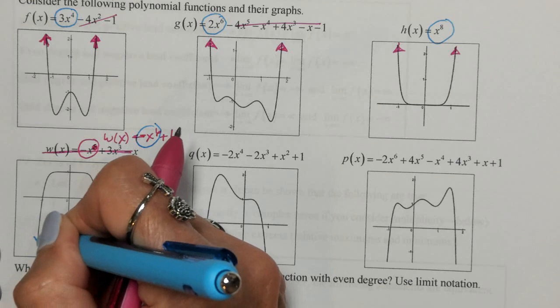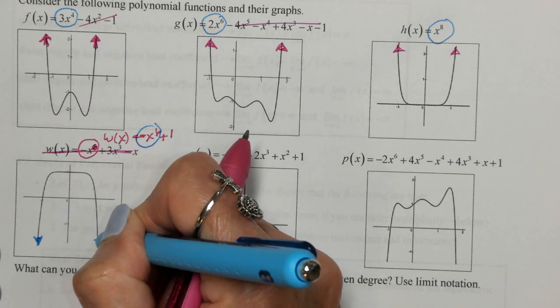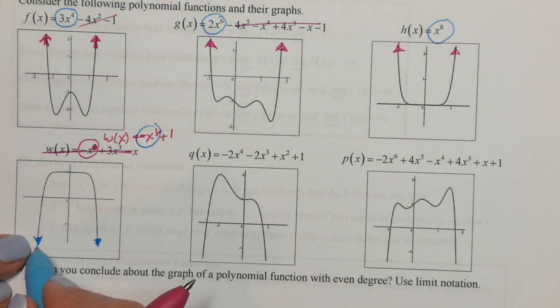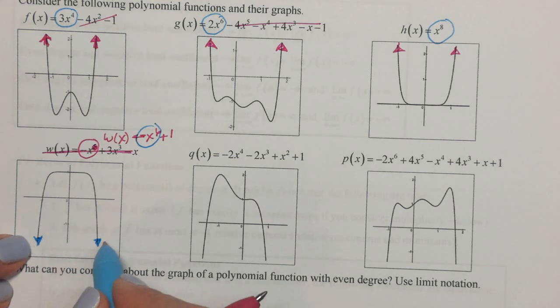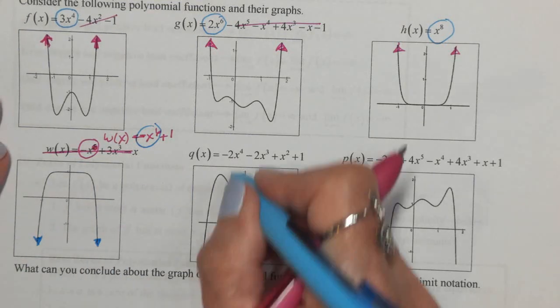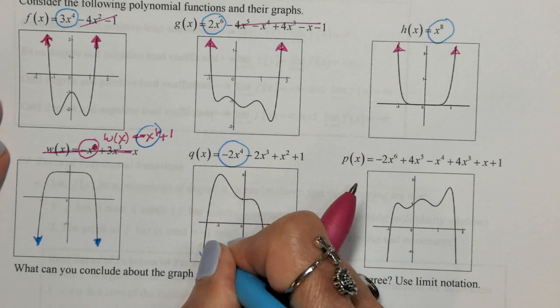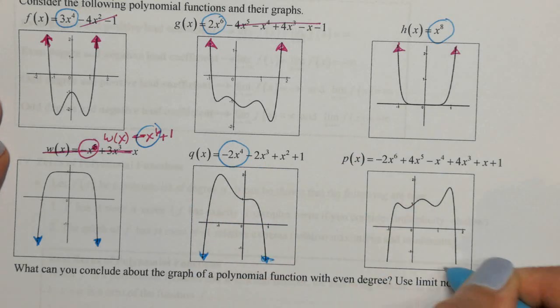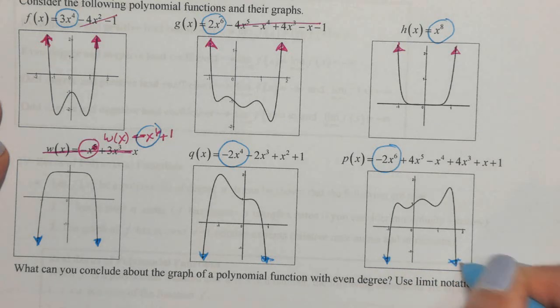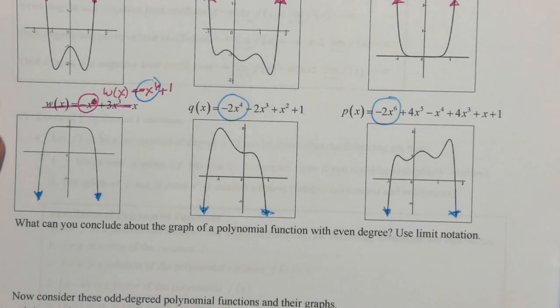And this time, the limit as x approaches negative infinity of the function is negative infinity, and the limit as x approaches positive infinity is also negative infinity. Highest degree term negative, and negative infinity. So what is your conclusion for this? Well, the conclusion for that is